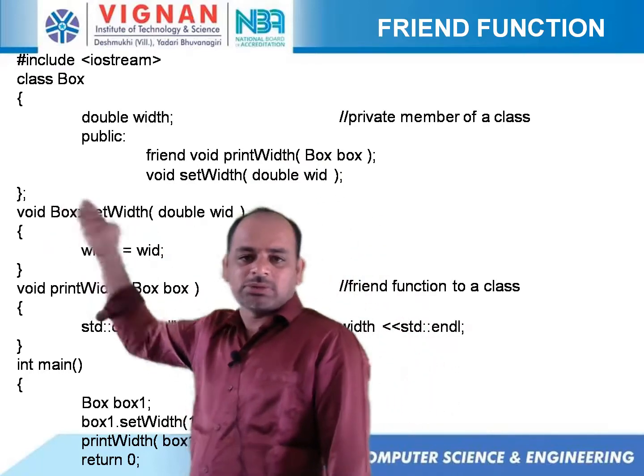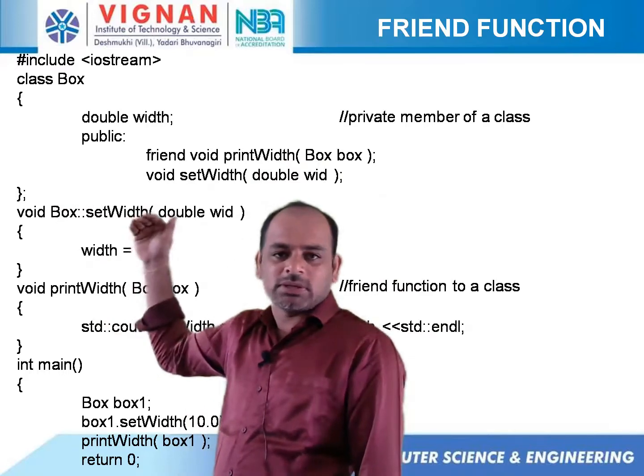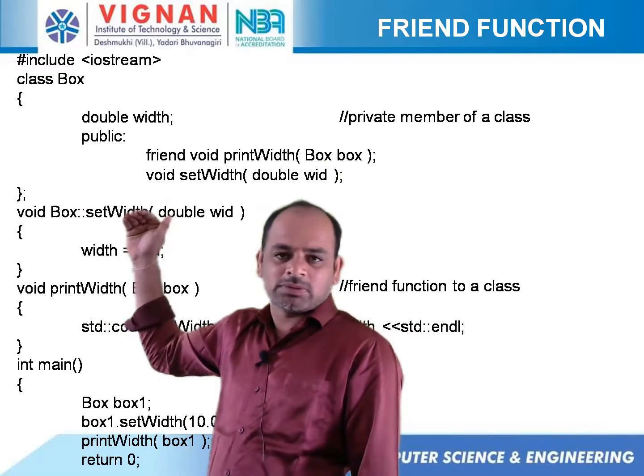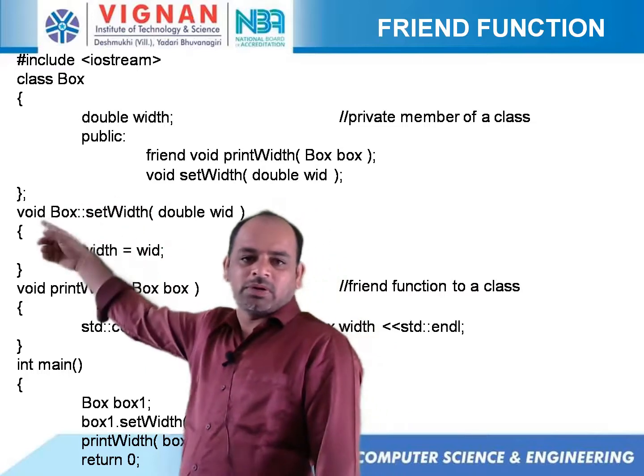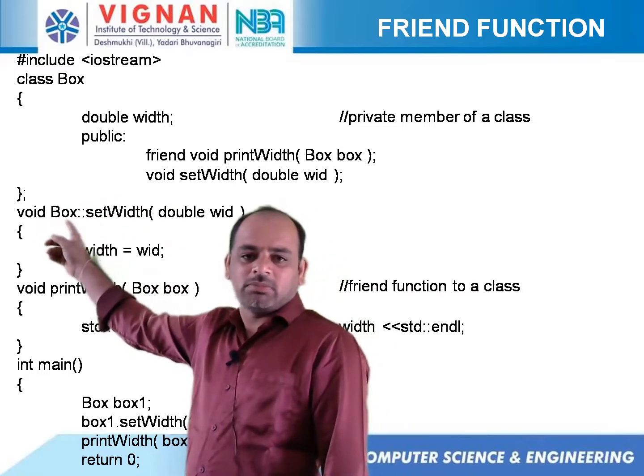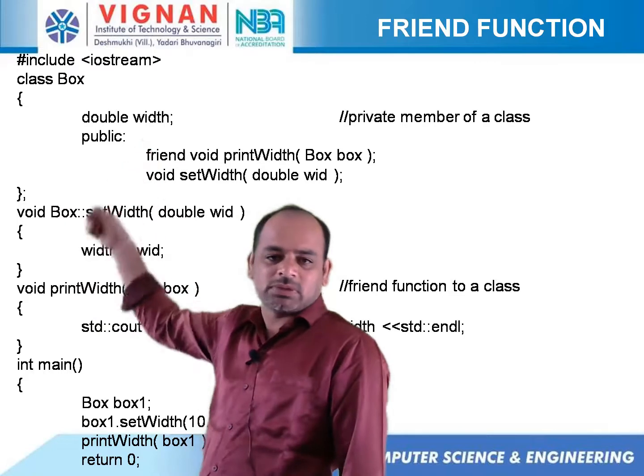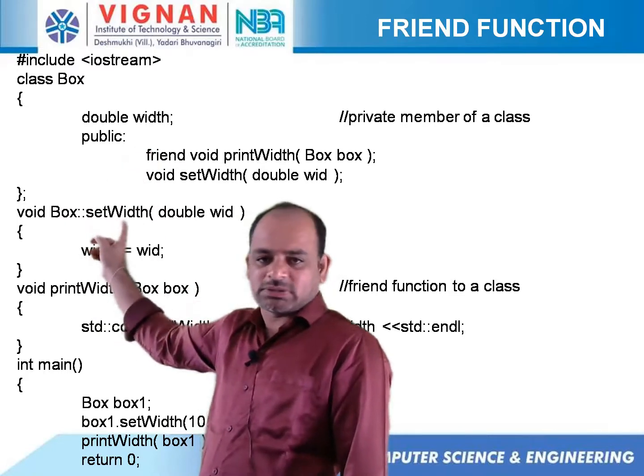We can define it outside of the class. How do you define it outside of the class? By using the class name, scope resolution operator, and function name. So void is the return type of the function. Box is the class name because it belongs to the class, and set width is a function name which is